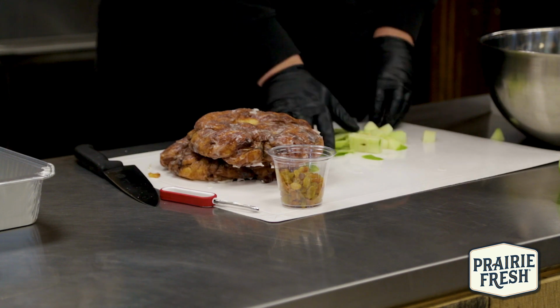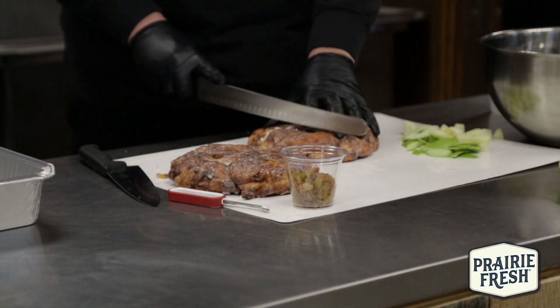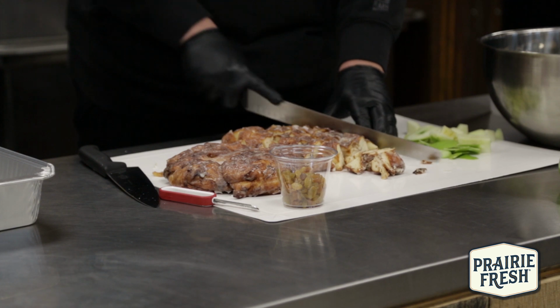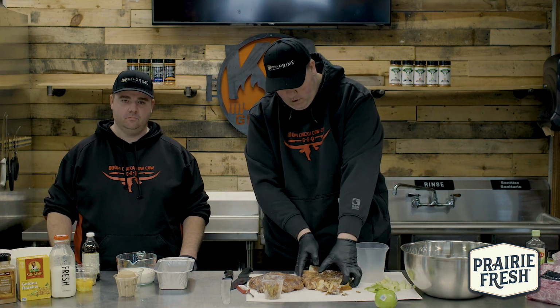And then we're going to take apple fritter. If you can't find these monstrous apple fritters in your hometown, just find something at your local donut shop. You ultimately need about 4 cups of apple fritter for this recipe, so it might take 2, 3, or 4 of those apple fritters to make this recipe, but just find something that you like. So we'll just measure that out. This is a 4 cup